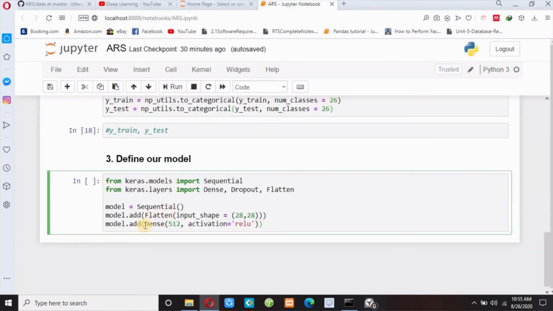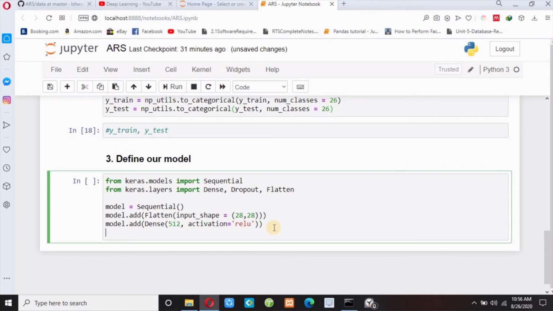So guys, this Dense is a deeply connected neural network, and then I have to use a dropout function also. So model.add Dropout, let me pass here 0.2, and guys, this dropout is used for preventing overfitting. After we make this dense layer, we need to drop out some layer also. So I have written Dropout 0.2.